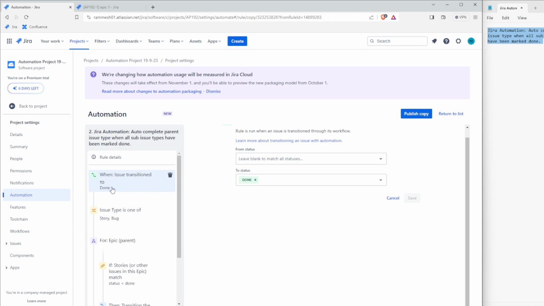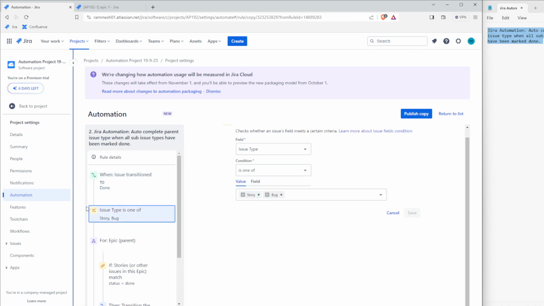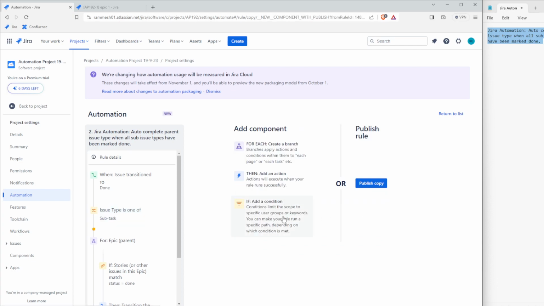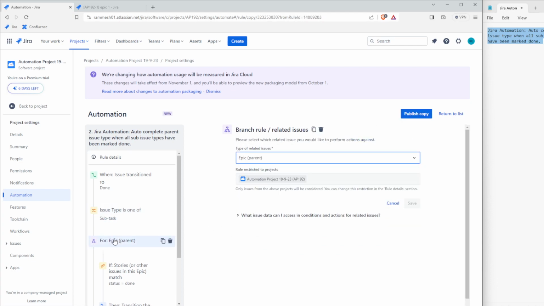So this I need it this way. I don't want to change anything in this. The next one, issue type should be subtask. Okay, I don't have multiple subtasks, so I'll just select subtask. Then I'll save it, and then from here,